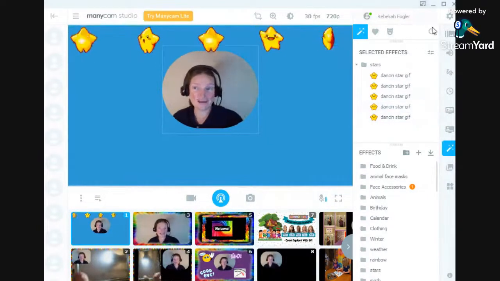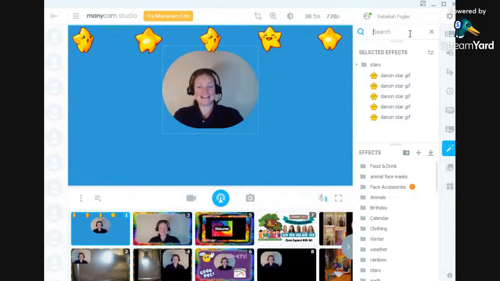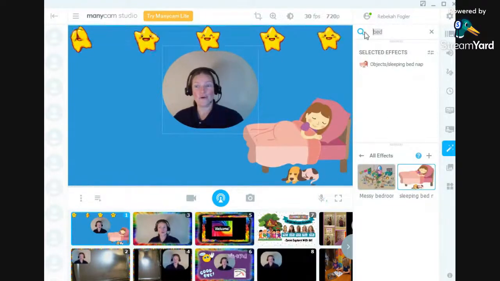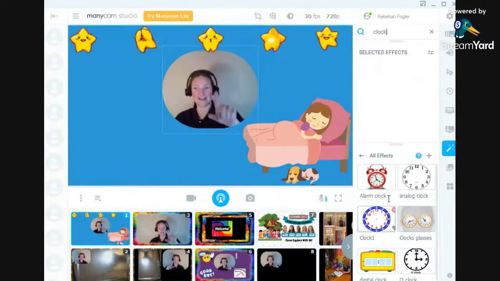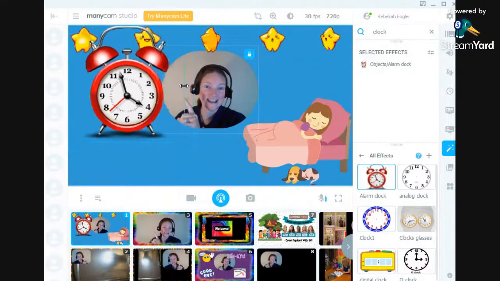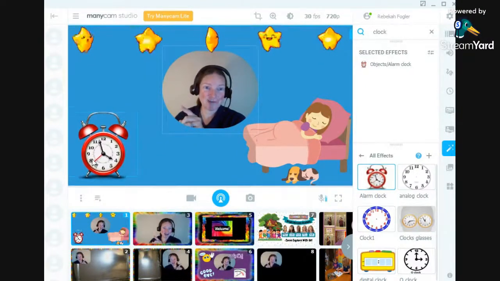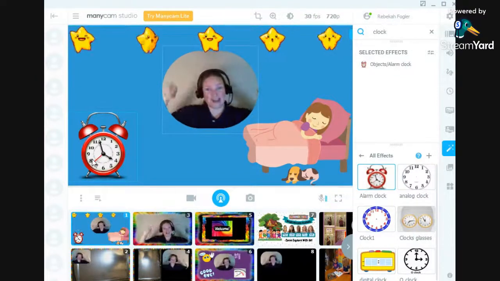So one class today was all about the bedroom. I can go to this little magnifying glass and type in bed, and here comes a bed. Or I can type in clock, since we learned the word clock. I can find whichever clock I want and click on it. If it's too big, I click it and reduce the size, and then I can move it around anywhere I want to. So by the end of class, they have 5 stars and they have 5 stickers of